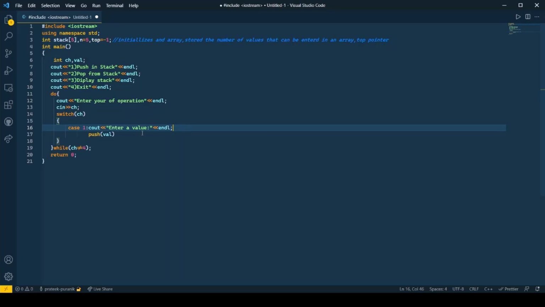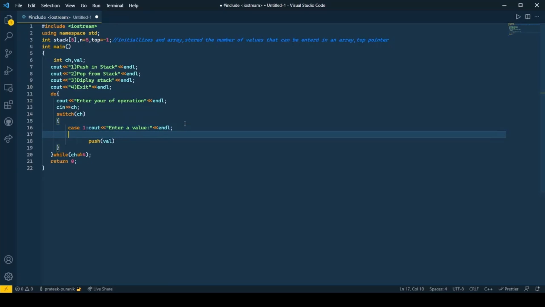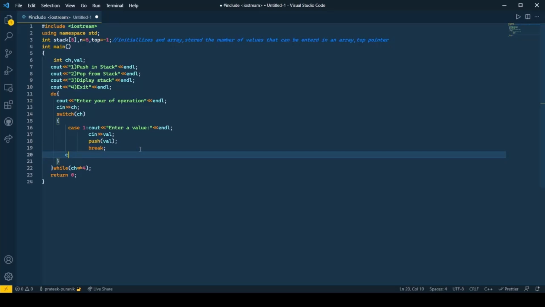And then we will accept that value, cin val. So this was the val which we declared earlier, and finally we would push that value into the stack. So this would be the push operation. Now we'll write the break statement and follow that up with the second case.